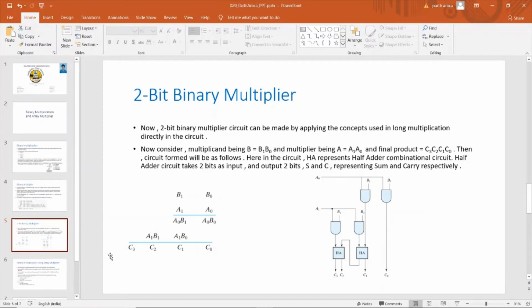and c1 you can see will be the sum of a0 b1 and a1 b0.